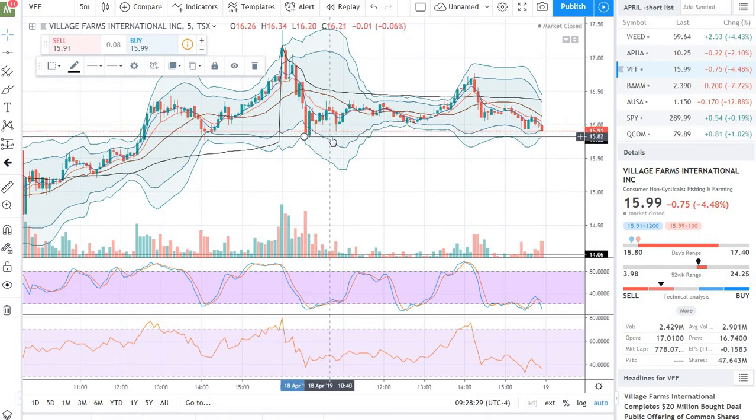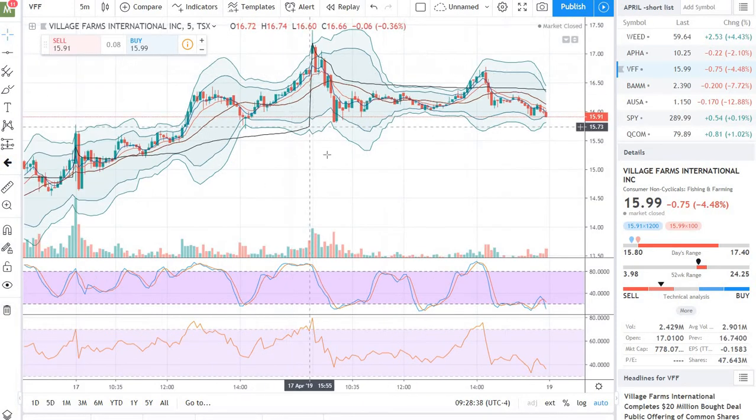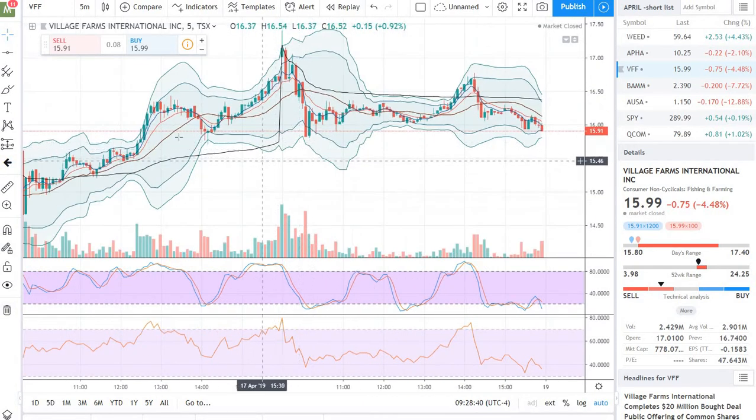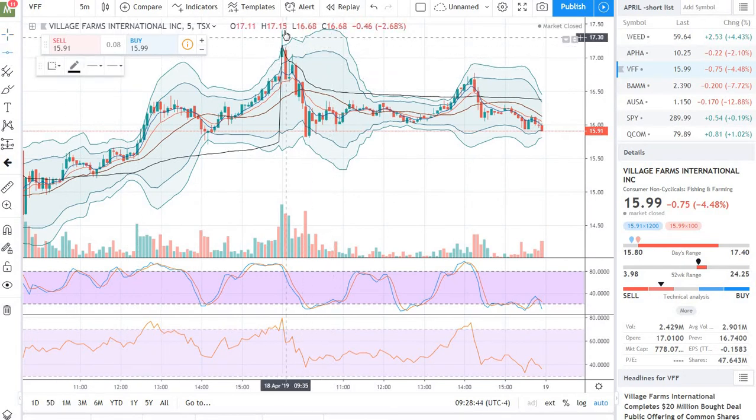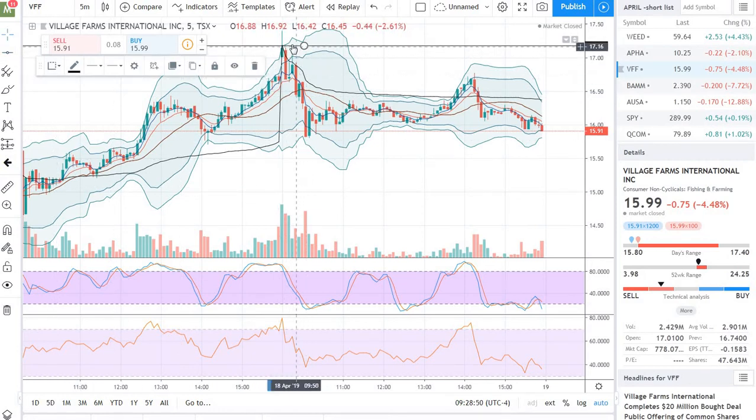So then you would put your stop below your entry here, and then it never hit that for the rest of the day, and then you have to decide when you want to take profits. So if you're shorting, it's more or less the same thing. Say we're going to short up here because it went way outside the Bollinger Band, right there. So once we got confirmation that it was going to drop, it went underneath the VWAP here,